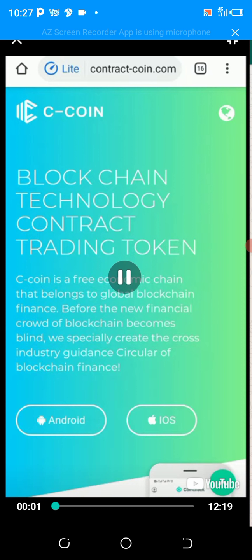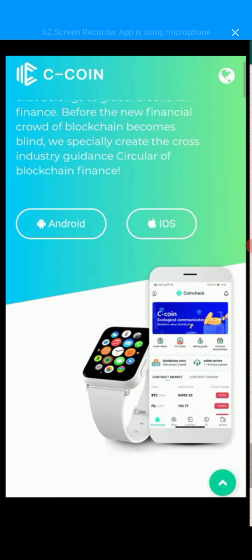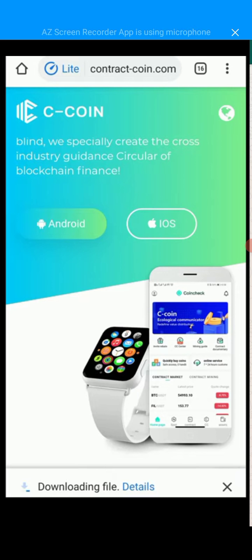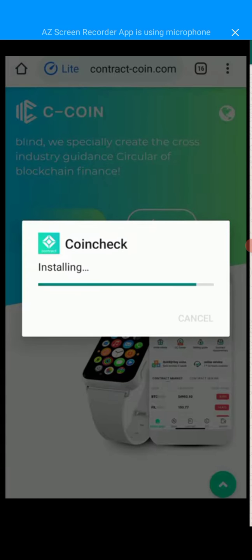Hi guys, I want to show you an app that can make you a lot of money without you even depositing money in the first place. It's called Contract Coin. If you use the link in the description, it's going to take you where you can download the app, or you can go to their website and click on Android and you are going to be able to download the app. Here, you just need to perform 10 tasks daily, and if the task is successful, you are going to earn 0.5 contract coin, just with your free bonus of 10 USDT that will be given to you.